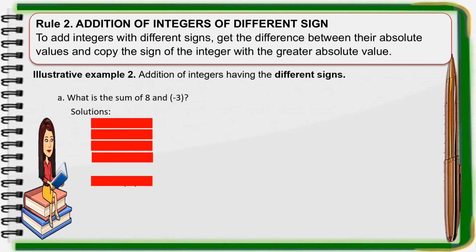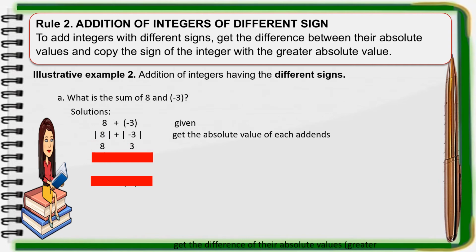What is the sum of 8 and negative 3? Notice that 8 is positive and 3 is negative. So we have here different signs. So let us just follow the steps. Una, write the given. Second, kunin ang kanilang absolute values. At